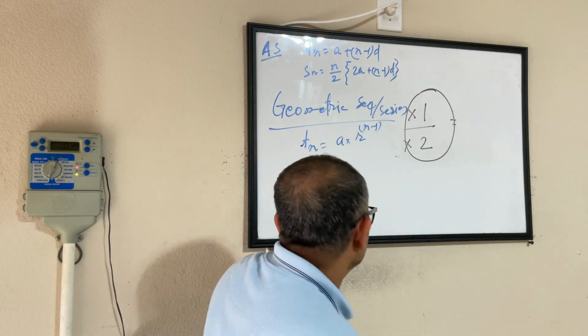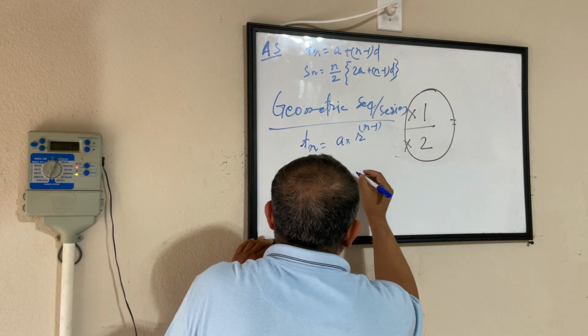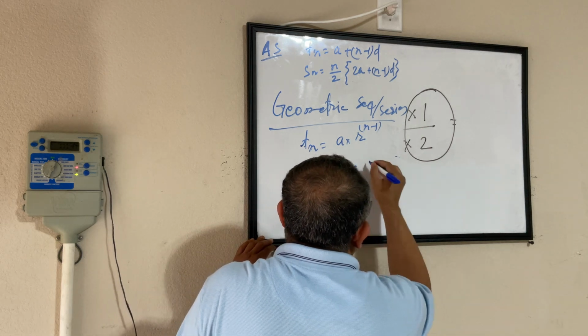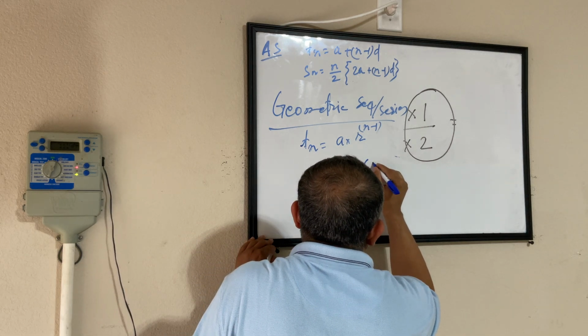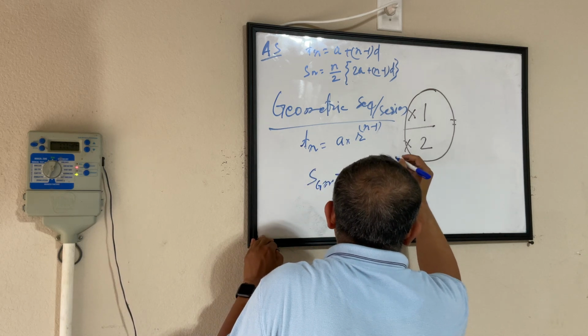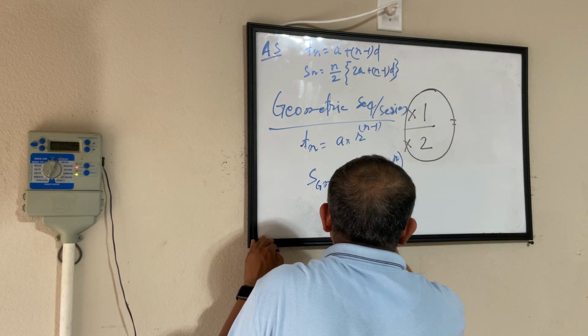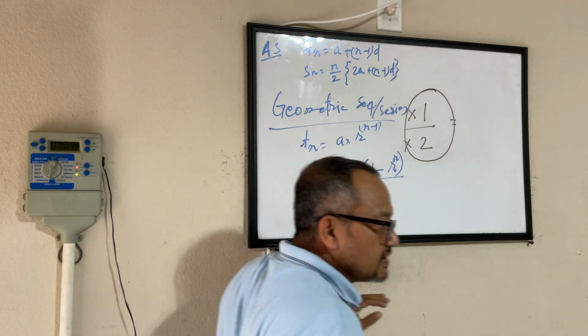The sum of this will be equal to a times 1 minus r to the power n divided by 1 minus r, and then you guys will start